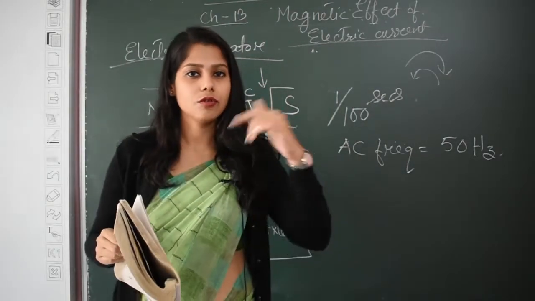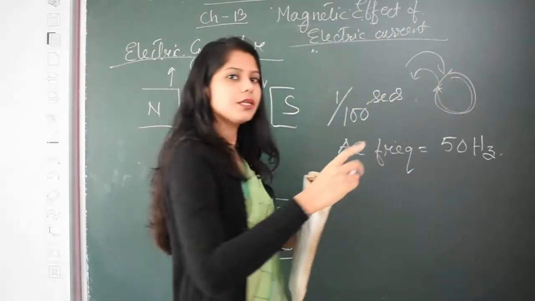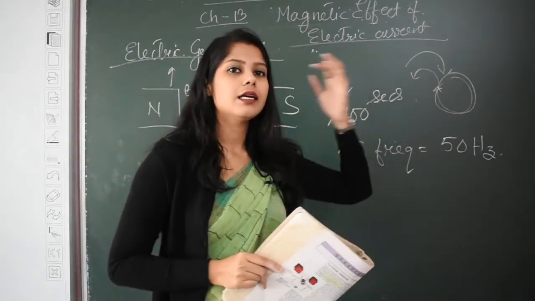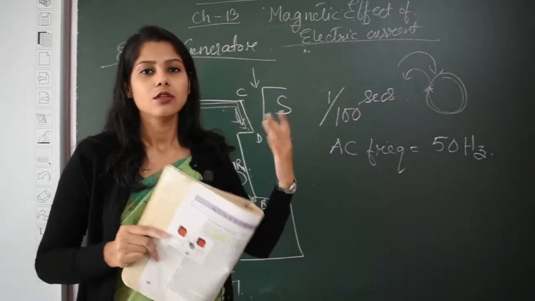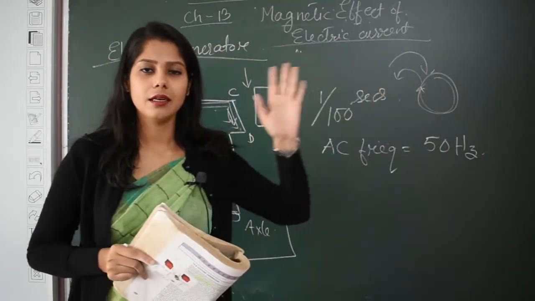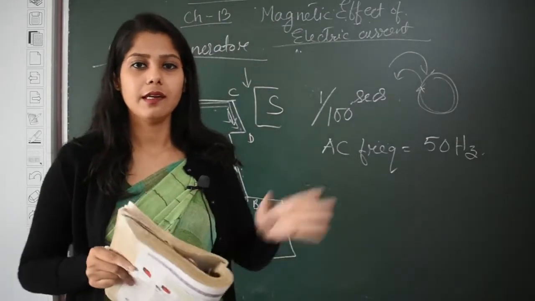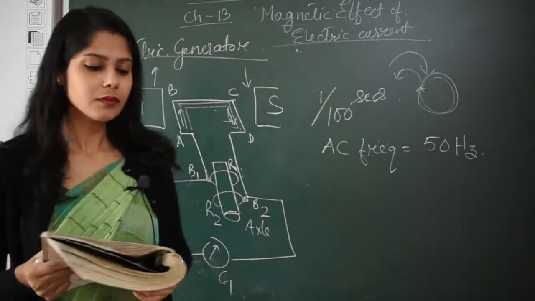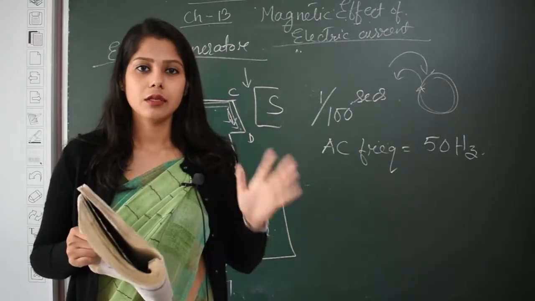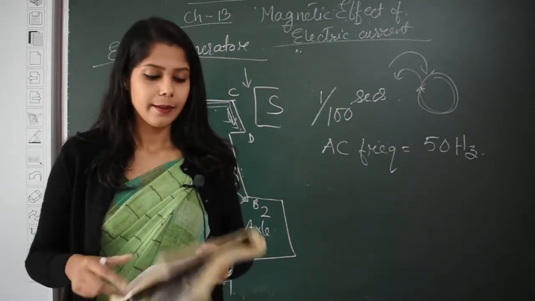If someone asks you to rotate continuously in one direction, the same happens here. In DC current, the current is flowing unidirectionally, so there is much loss of energy. If it is alternating periodically, there is not much loss of energy, and that is the most important advantage of AC over DC. The power can also be transmitted over long distances. So with this, the chapter comes to an end.